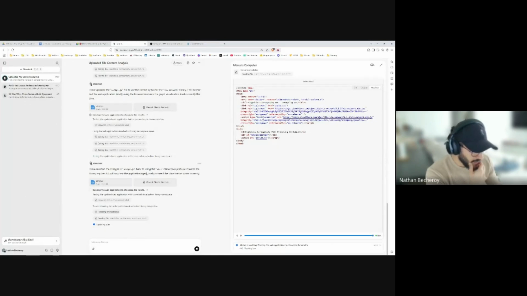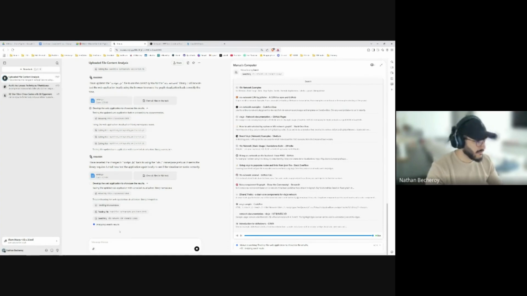I will now test the app again locally to see if the visualization works correctly. Okay. And also, there's something I didn't talk about with Manus, its knowledge base.